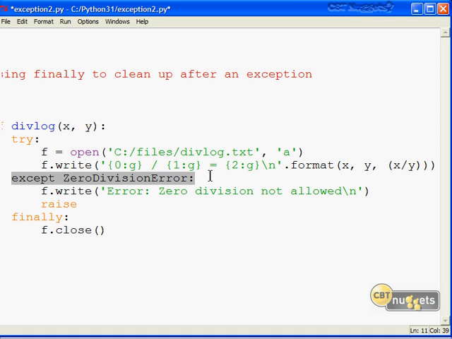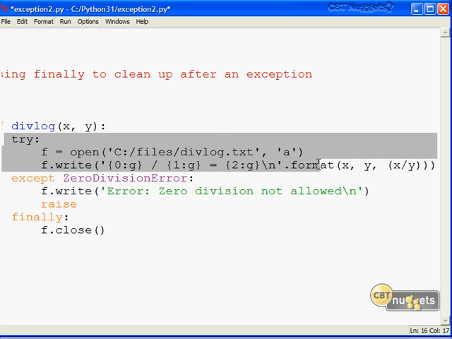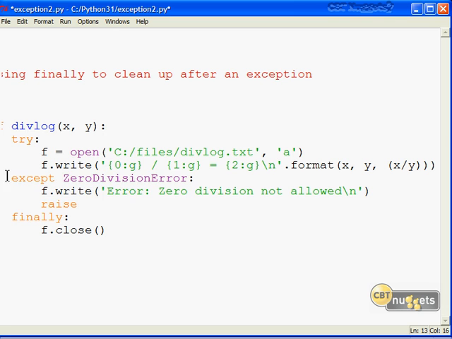we're going to get multiple lines added to our file. Now we're catching the zero division error here by writing a line to this divlog.txt file that says error, 0 division not allowed, and gives us again a new line. Raise here is formally optional, but I'm throwing it in here just to make sure that we're raising a formal exception. And then finally happens regardless of whether the try completed successfully or if we have a zero division